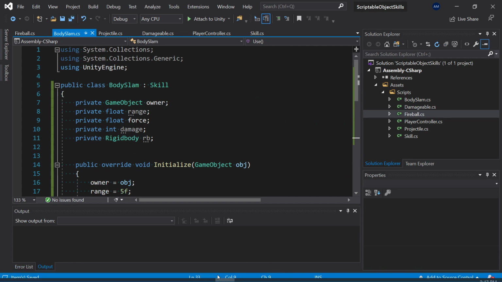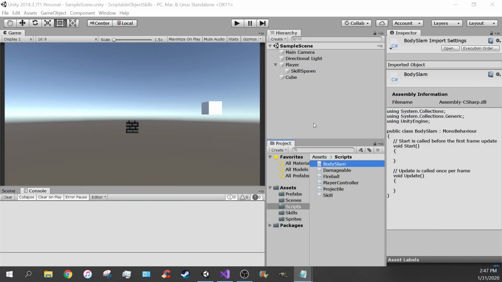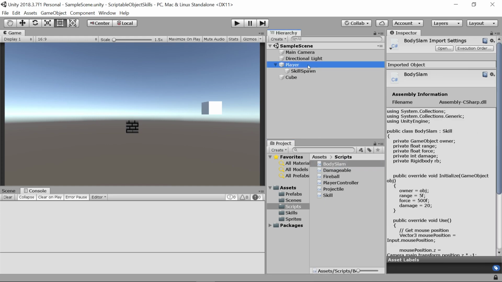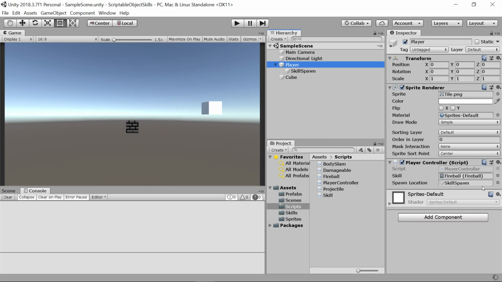Make sure the player, because there's some other things we're going to add to it, because this is going to give some weird looking stuff. So we'll go into player. Has a fireball skill, right? So we'll go into skills. Once it's done compiling,